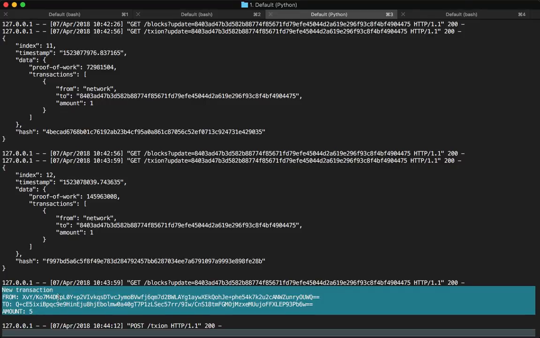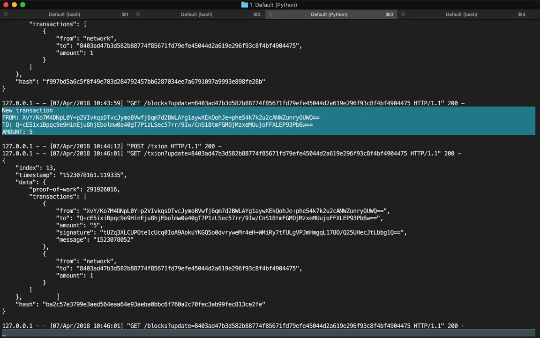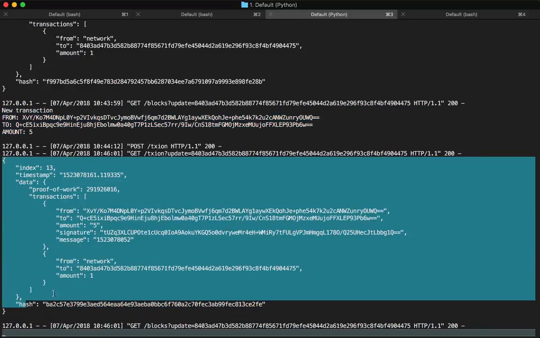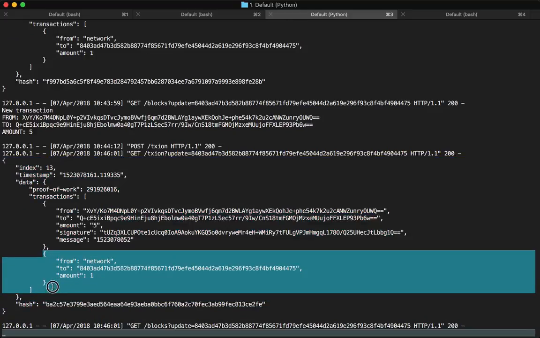It will take a little bit of time because it has to find the correct nonce to verify this transaction, and as we know, it is always mining. So there are two things that are happening. So this is what essentially blockchain is, right? We need to do a lot of work in order to get the result. So we have it right here. This block, the block number 13, has two things. One is the mined currency, and the other one is the transaction.